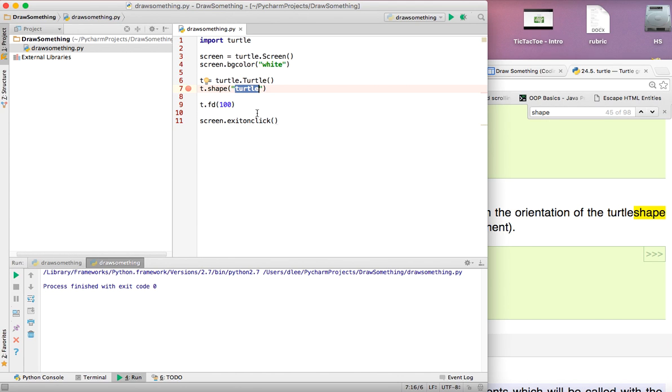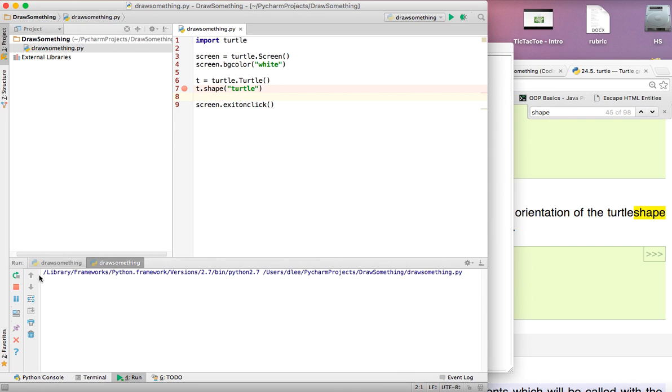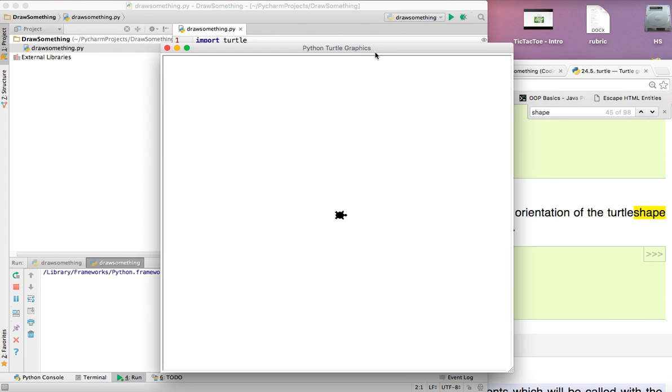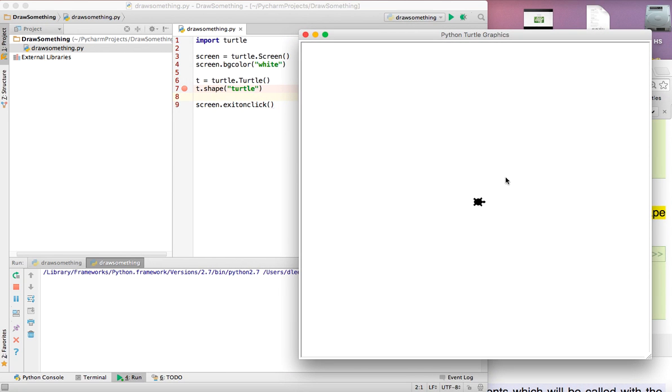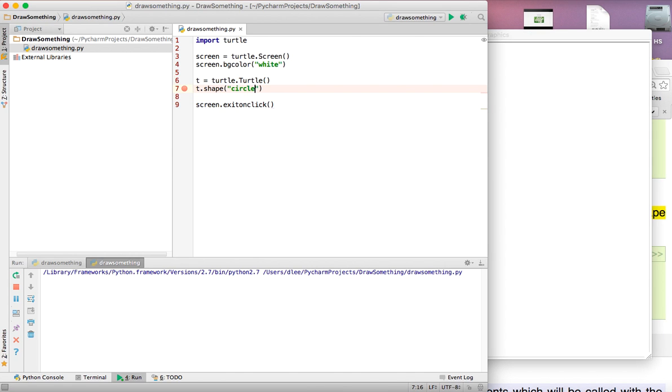So let me go ahead and run that there. And you can see the turtle gets created right here at 0, 0. So you can imagine there's a y-axis and an x-axis, and the turtle is placed on the screen right in the middle at 0, 0, and its shape is a turtle. But if I go ahead and change that to circle, and I rerun the program,